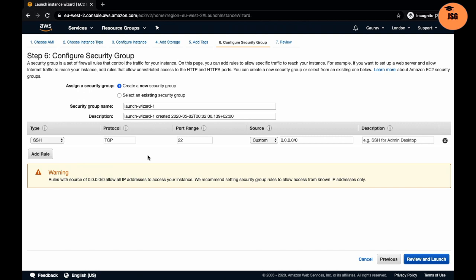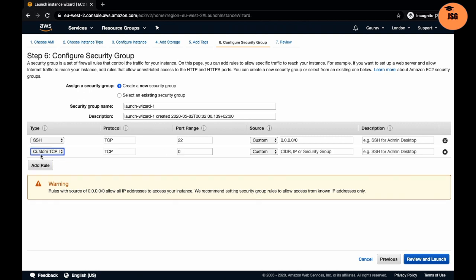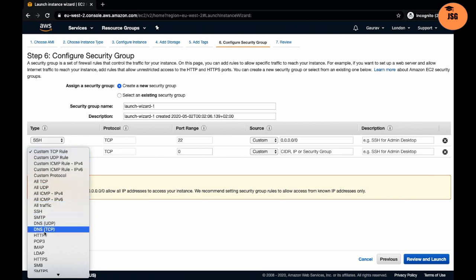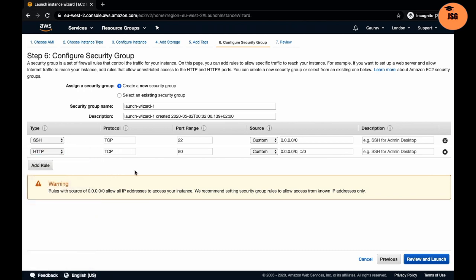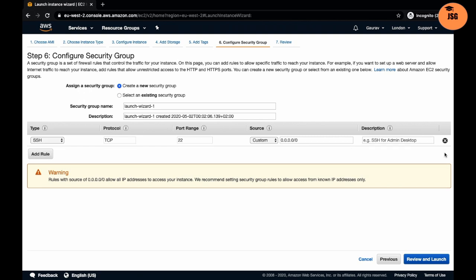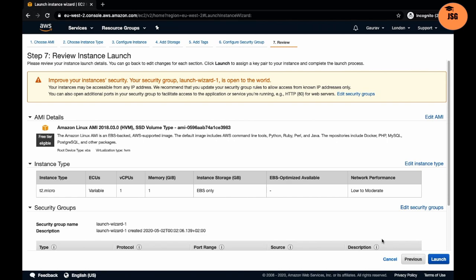This is not an ideal situation, but for this demo I'll go ahead with this. If you want, you can add more rules, like you can say HTTP, give HTTP access to your machine on port 80 from anywhere on the internet, and so on. You can add a lot of rules as per your requirement. So I'll go ahead with the basic rule only, and then I'll say review and launch, and then I'll say